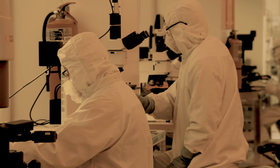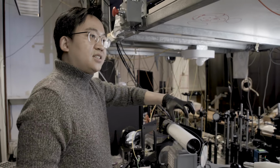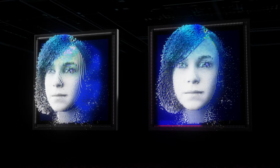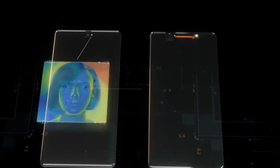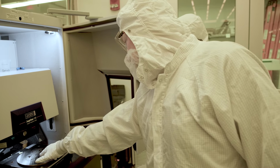while others create nanostructured metasurfaces. All this rainbow-colored area is all those billions of nanostructures etched into the glass. And these structures are capable of incorporating facial recognition properties into cell phones. When we published a paper that ended up on the cover of Science, we started getting calls from some of the biggest cell phone manufacturers to put them into real-world devices. We'll start by positioning it in the center, which is...